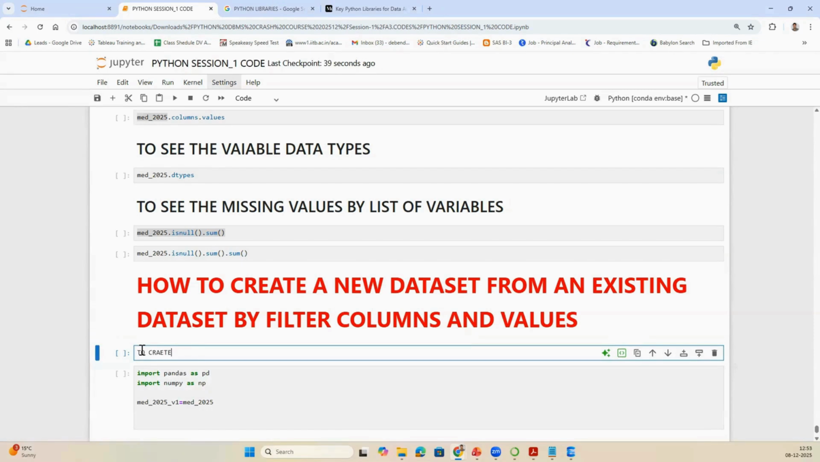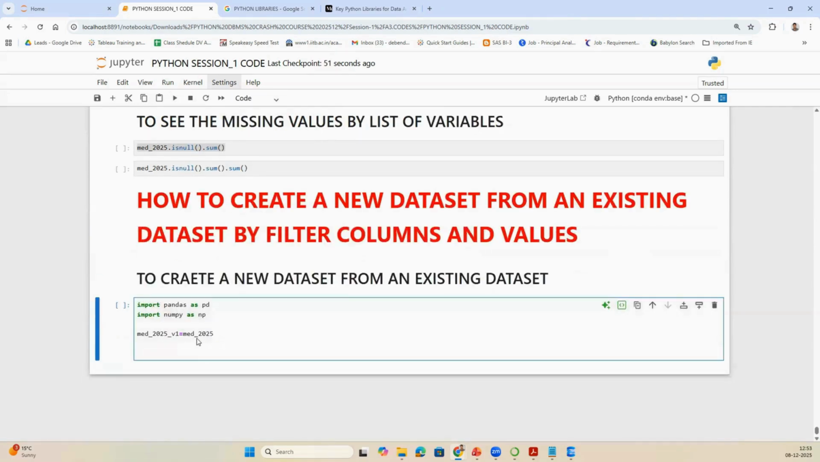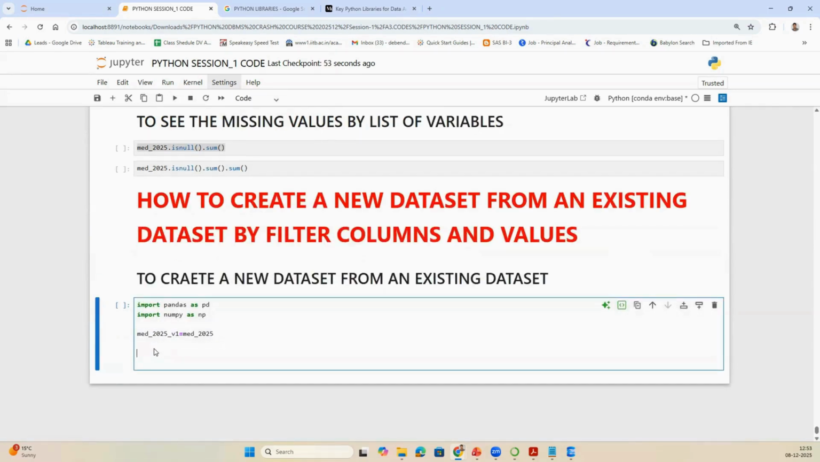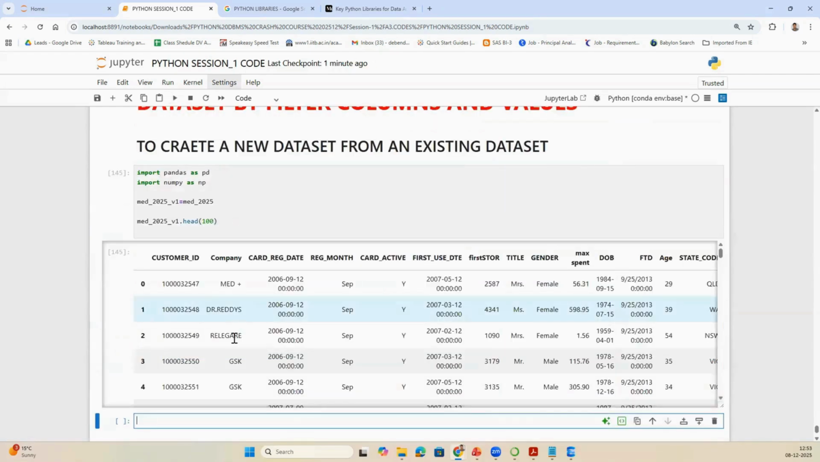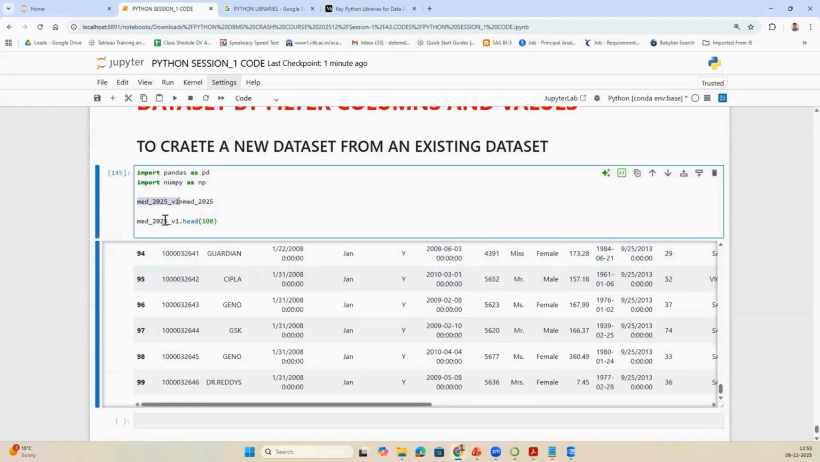To create a new data set from an existing data set, I will be running this program to get the output. Now the new data set is this. I can check this data set by putting head of 100. If I run this query, I see my output is coming with 100. That means I created a new data set from this existing data set. Now the next question is